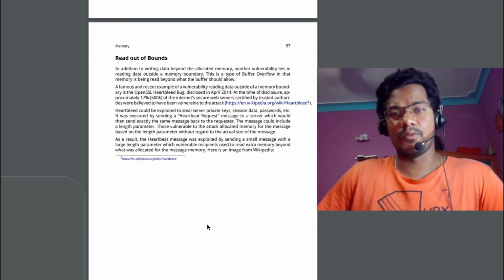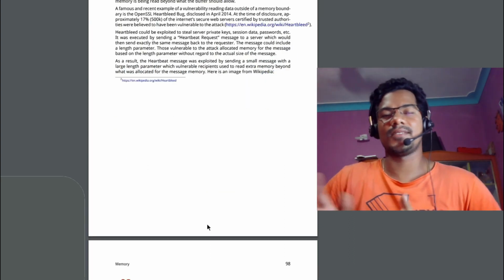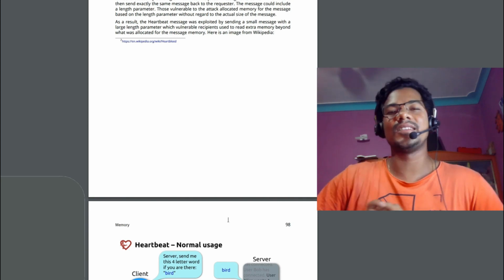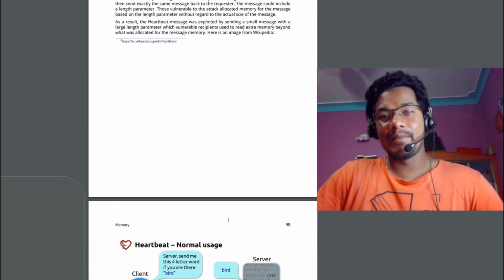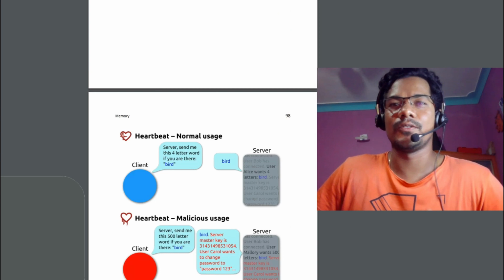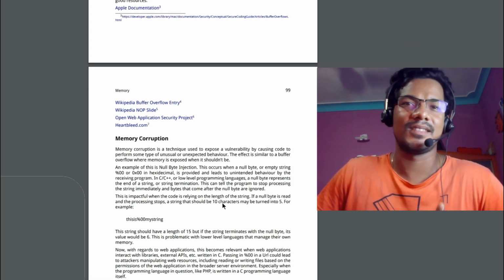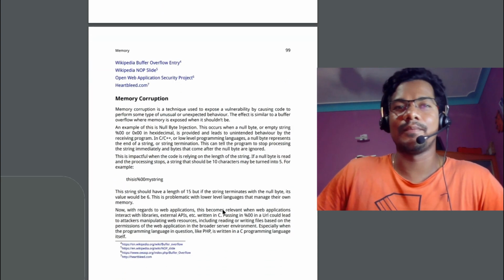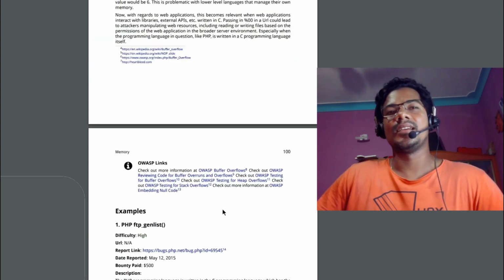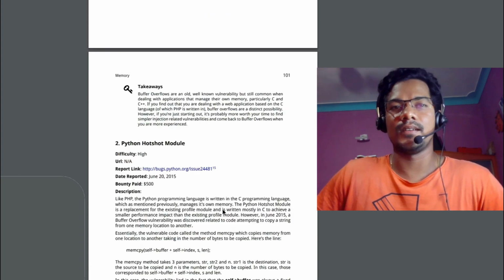Again, Heartbleed is one of the interview questions. If you are preparing for an interview, make sure you read about the SSL handshake and Heartbleed issues. These are pretty common interview questions, so make sure you read them. Even if you are a beginner, the interview will definitely test you on things like SSL and even Heartbeat. Some people will go up to POODLE and other things. So make sure you read about this.